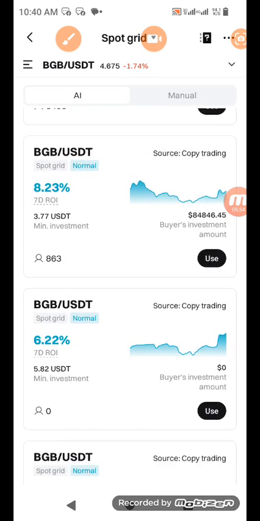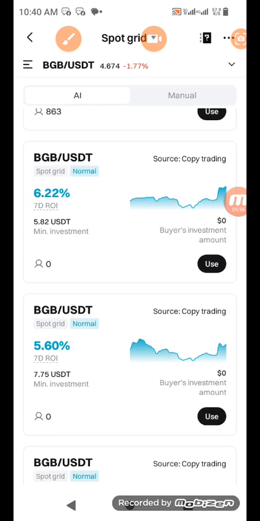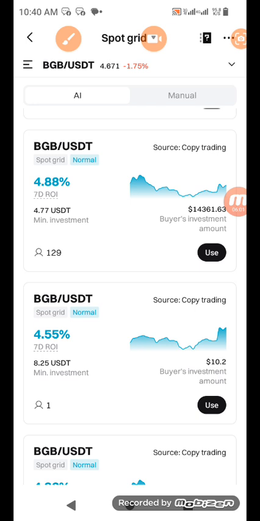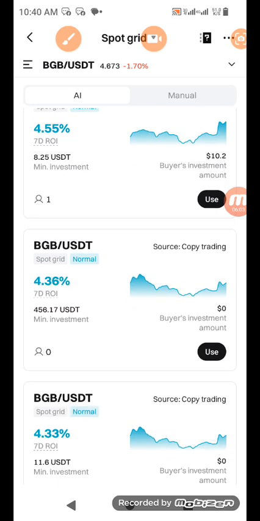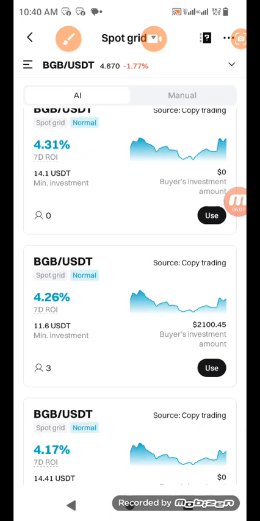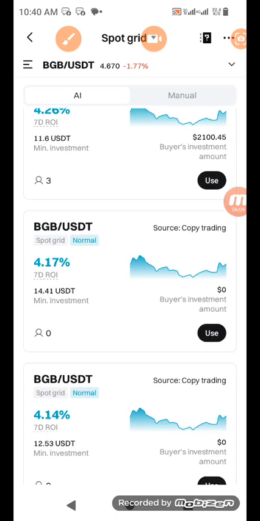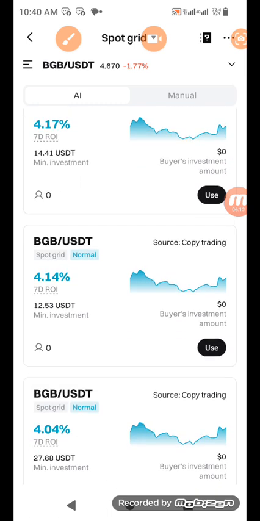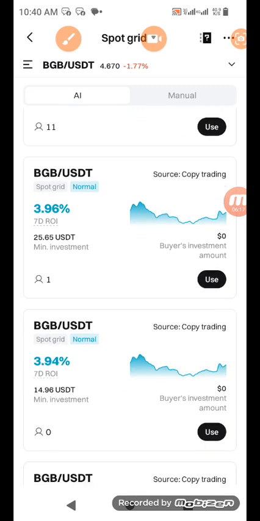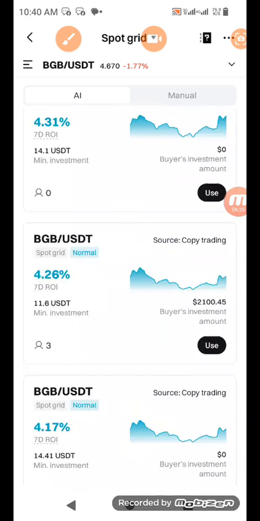So these ones are copy trading. If I check what I'm looking for, I can't see aggressive here. I might choose another coin. That's exactly what to do. Choose another coin where I can have my aggressive and also have something within the range of either $4 or $5, because that's what I want to spend on this. So what I'm seeing here now are all copy traders, all true.